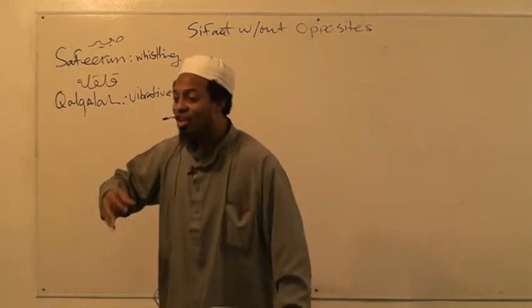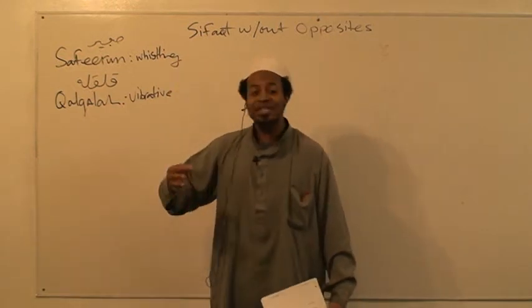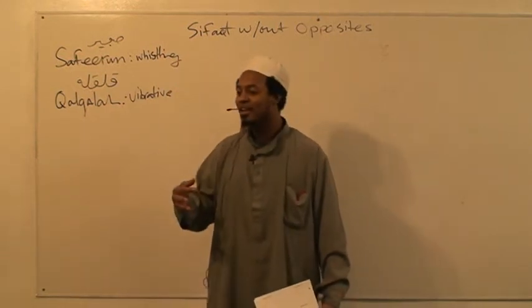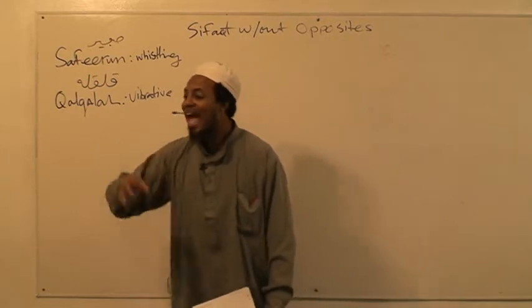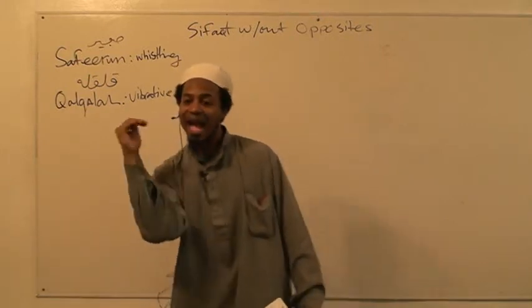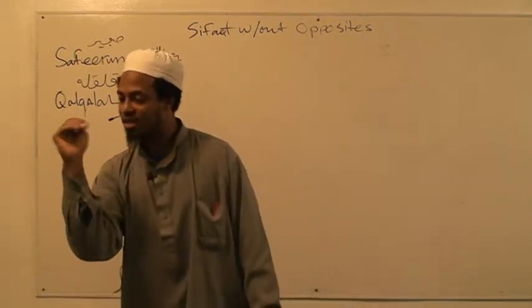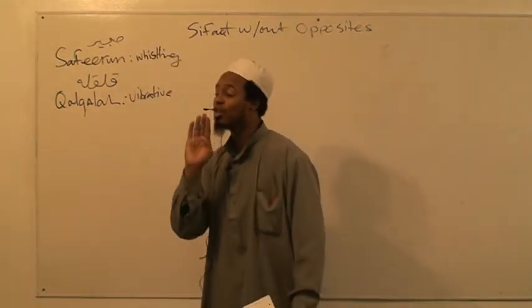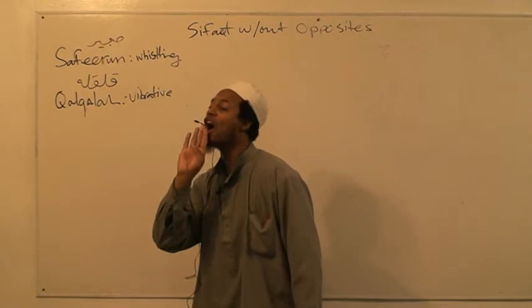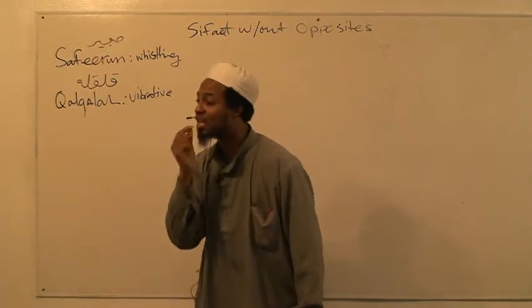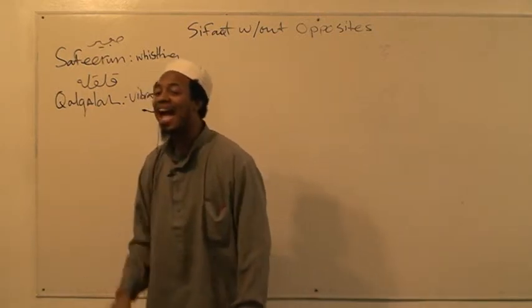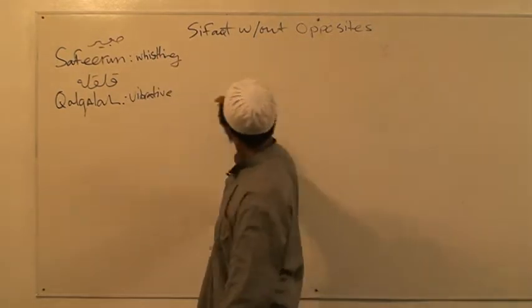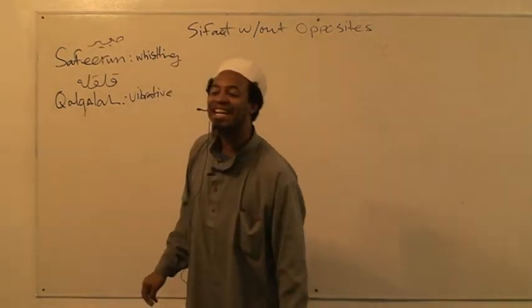Qul huwa Allahu ahad. Ahad. You can't say ahad. You have to say ahad. You hear that? No, not ahad. The tongue is behind the teeth. It doesn't touch the teeth there. Ahad. So it's behind the tooth, but when you get to there, it's behind the two buck teeth, up on the gums, not touching the enamel. Okay? Say ahad. And take your tongue and hit it by ahad.